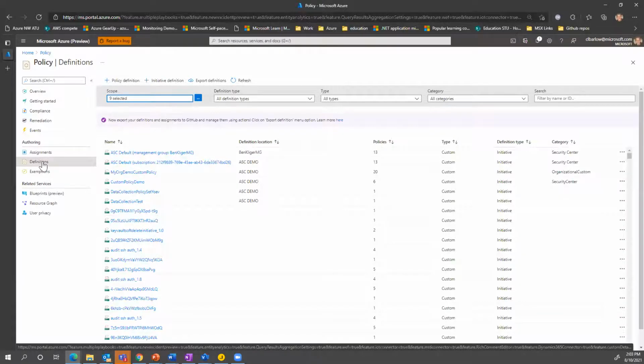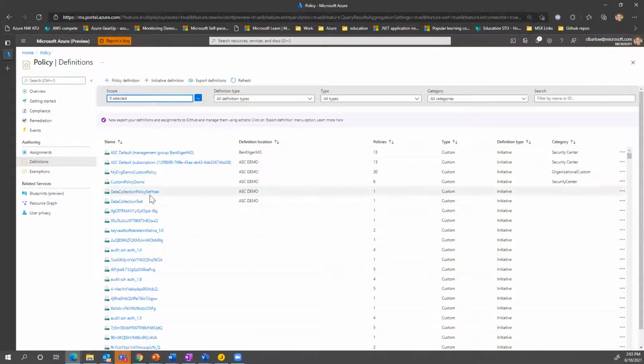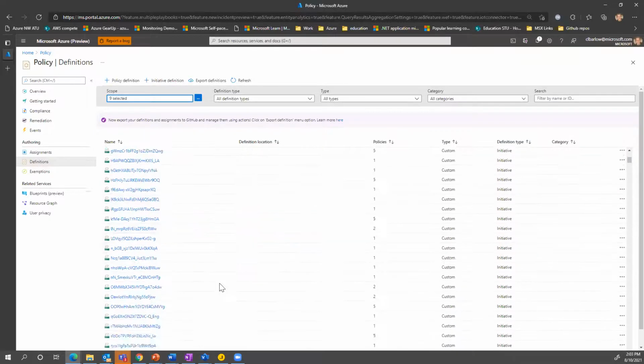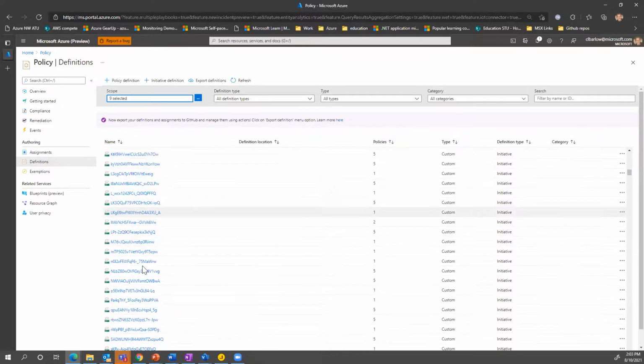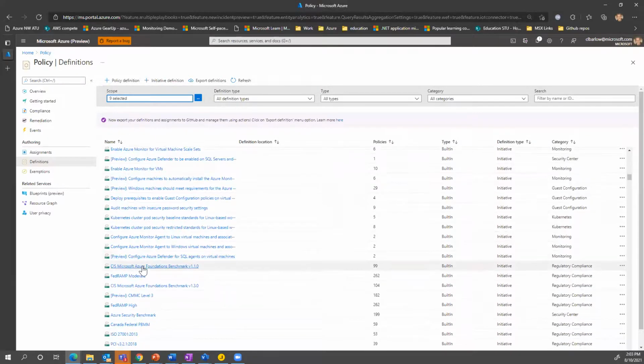We have the policy piece that can report up through Azure Security Center. It can actually report out other ways, but it also gives you an idea of how secure you are. If we look at a policy definition versus an initiative definition, an initiative is a collection of policies. A policy is a single policy. So if you look at some of these that have 13, 16, all these different policies, it looks like somebody's gone a little crazy creating some policies here. I think somebody's trying to do something fun.